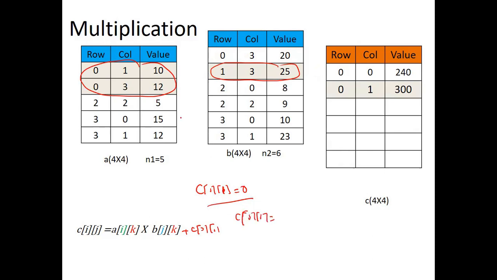C01 is nothing but try to find, पहला element था इसका रो component था, क्या इसका k component k should match for both the cases. क्या इसका k और ये k match कर रहा है? No. Go for the second entry of this. क्या इसका k और इसका k match कर रहा है? Yes. So C01 entry will have C01 that is previously 0 plus 12 into 25 because its k component was matching. So the answer you will be getting, C01 entry को आप यहाँ पर copy कर दो row and column को, and the answer for this is 300.